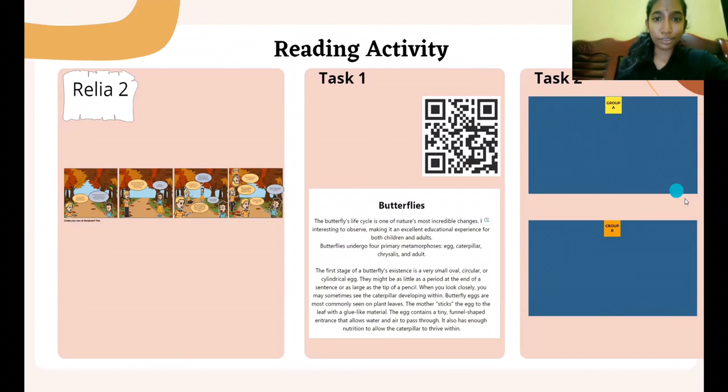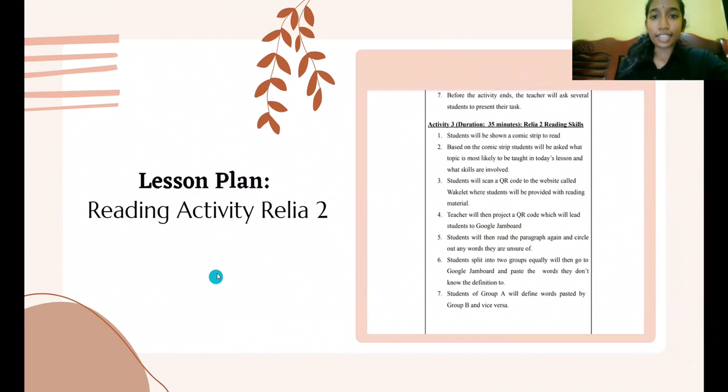Greetings, sir. My name is Vignesh, and I'll be presenting this is on our the full lesson area plan. 2 It will activities be for in 35 writing minutes. skills. And we'll start off by And showing the comic according to strip. the Once lesson students plan, read the this is comic the strip, they'll fourth have to have activity. somewhat So let's understanding move of on. the So topic that we for will be the teaching them first step, today, the which is students will wonders be of given natures. a Padlet Now link. they will scan a QR code So from the once comic the strip and students they'll have be entered the redirected Padlet to link, another they'll see a website known as comic stripe. Radiant, and So the there comic stripe they is will be about the provided a nature. reading material, a So full once reading they have material read on the comic stripe, they the have to form process a or group life of cycle of a 4 butterfly.